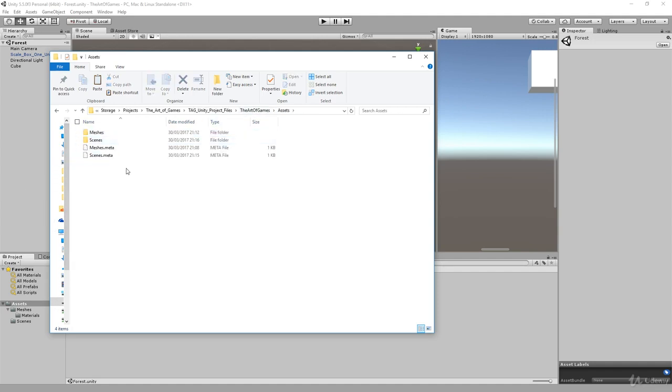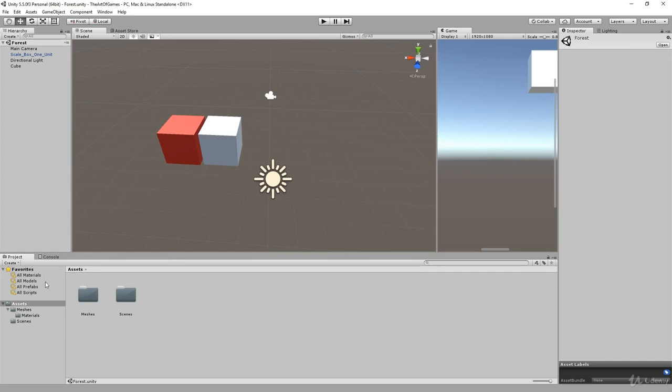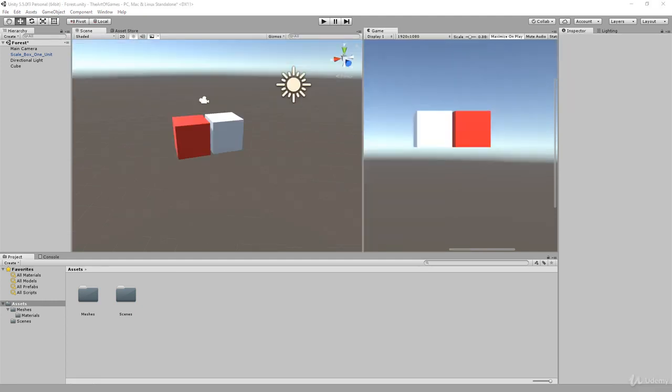We're not going to delete, change, or do anything to these folders other than manipulate them inside Unity, because Unity doesn't like it if you start messing with its folders outside of Unity. It gets really confusing. So the only thing we're going to do, like I say, is copy into the folders themselves.